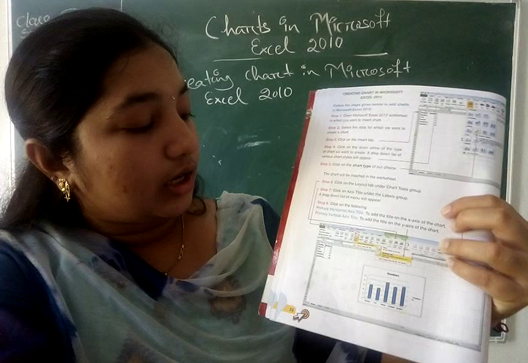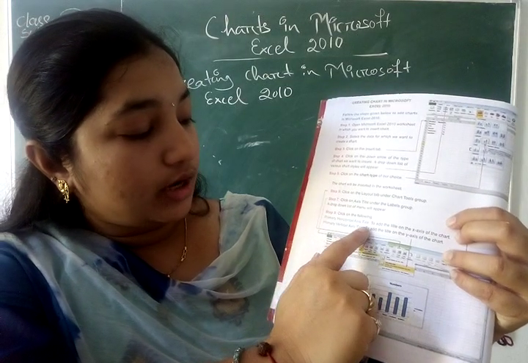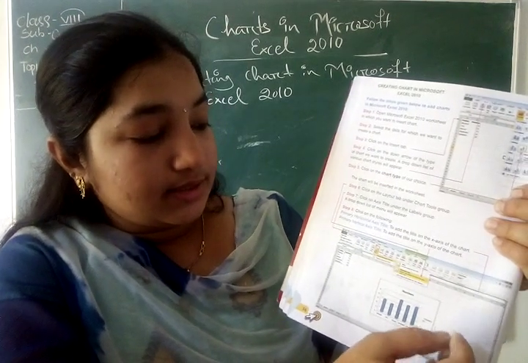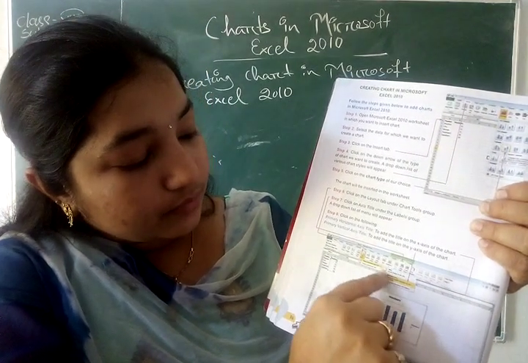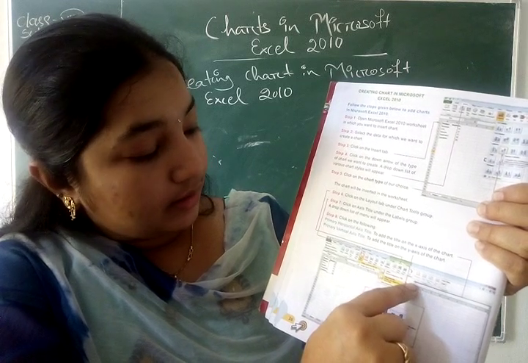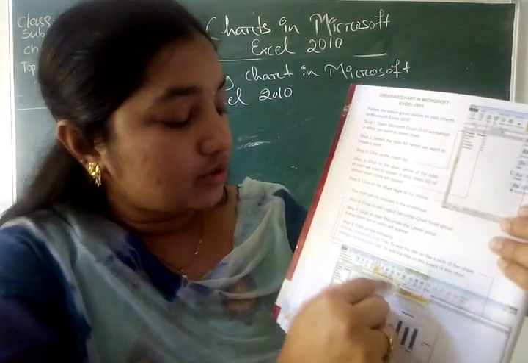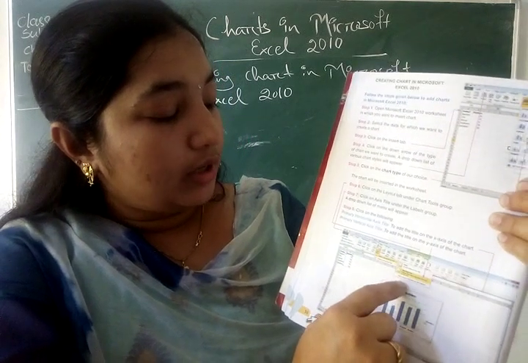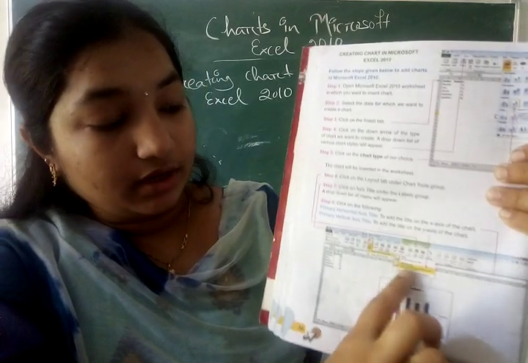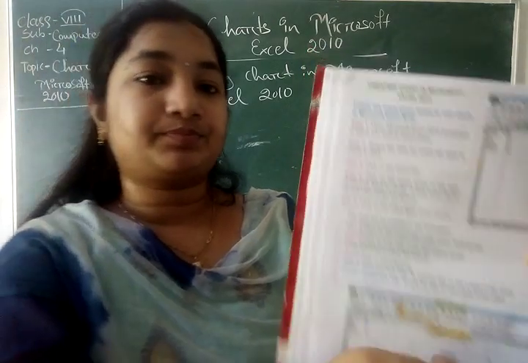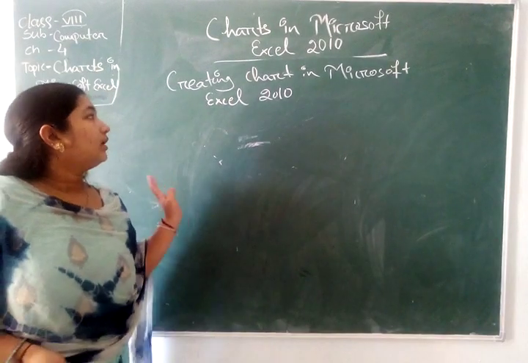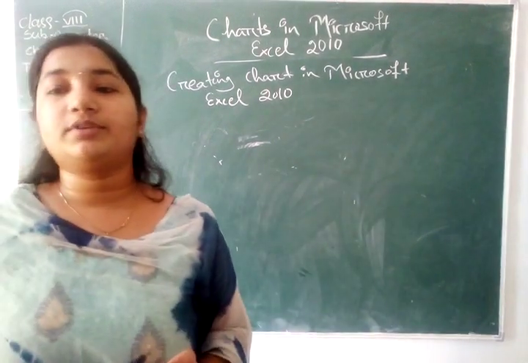After that click on Primary Horizontal Axis Title to add the x axis title of the chart. Here we can see this is the primary horizontal title, and next we have to click on Primary Vertical Axis Title to add a title for the y axis of the chart. Here we have to adjust those things. After this we can create the chart in Microsoft Excel.